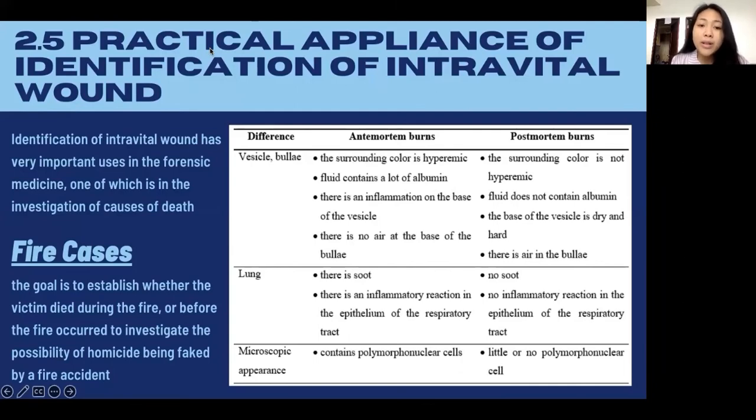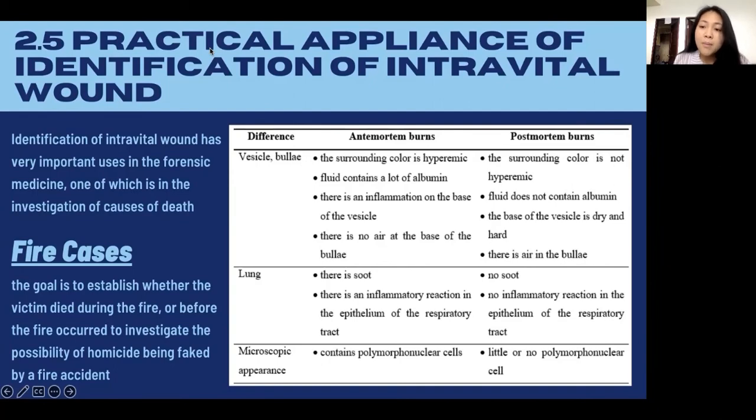I will continue the presentations and I will explain the differences between antemortem burns and postmortem burns. The first one, in vesicle or bulla point of view, the antemortem burns have the hyperemic color on its surrounding. The fluid contains a lot of albumin. There is an inflammation on the base of the vesicle and there is no air at the base of the